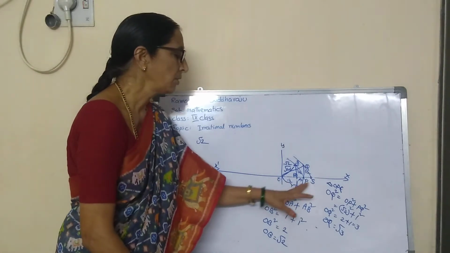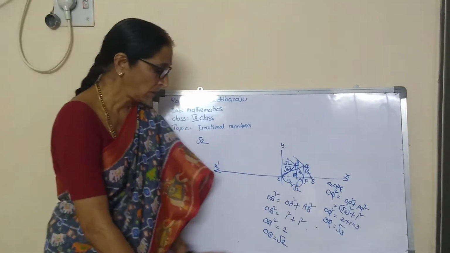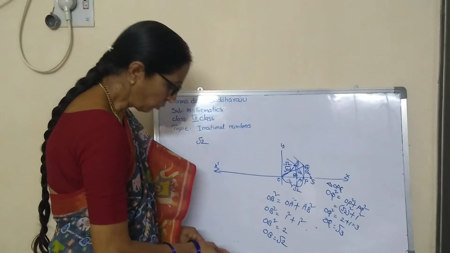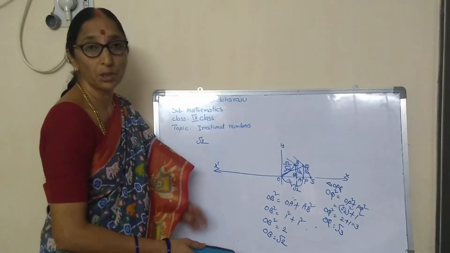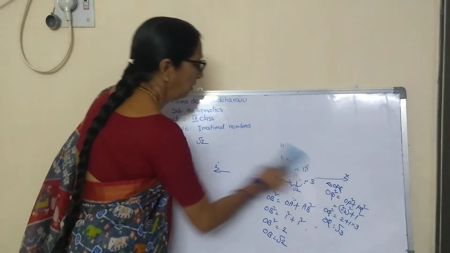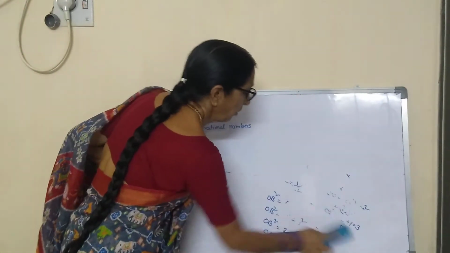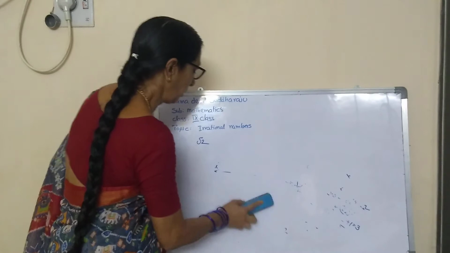Thus we can continue the number line. If we want root 5 on the number line,